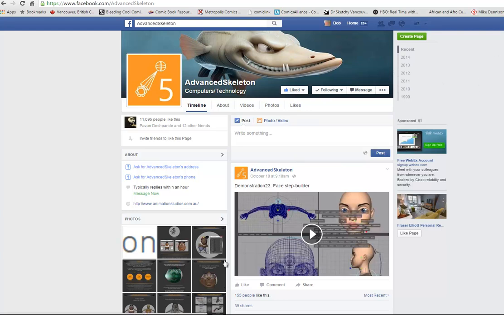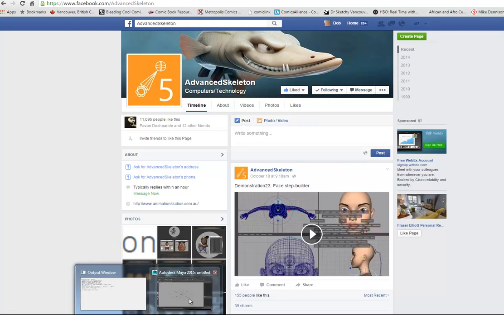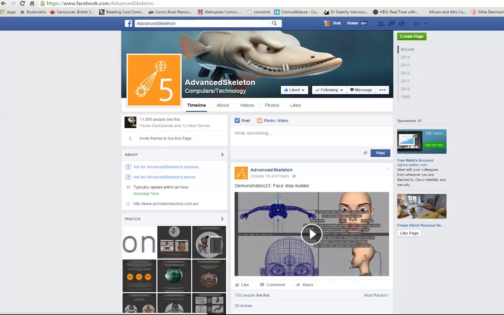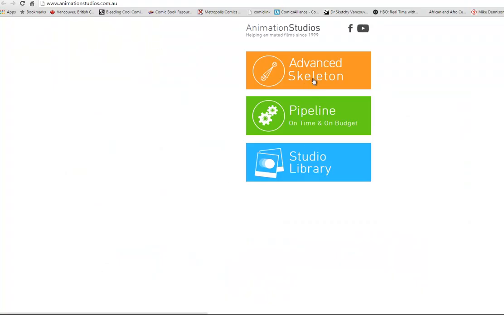Okay, so what we're going to do is use Advanced Skeleton. We're going to rig it up here in Maya. I just want to quickly go in and grab the Advanced Skeleton I'm going to use. So if I go to Advanced Skeleton,